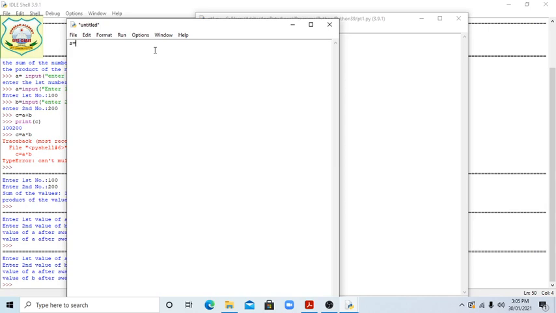So S equals integer, then you have to write input, then again parentheses, students, and enter the side of the square.